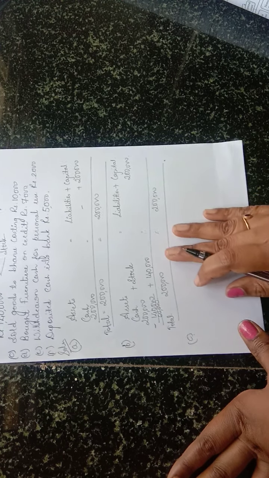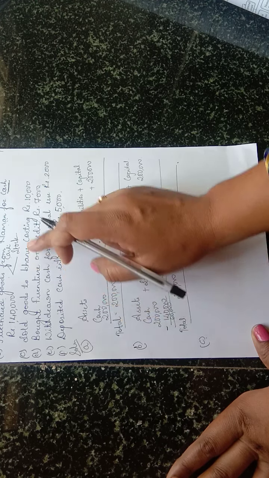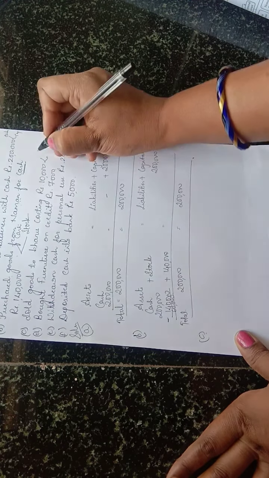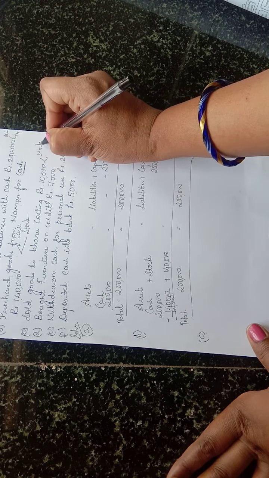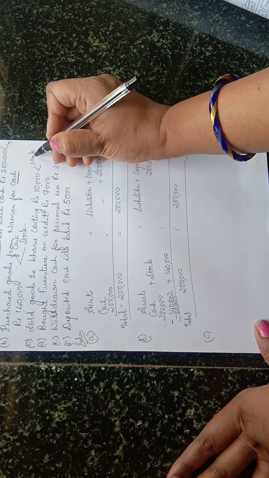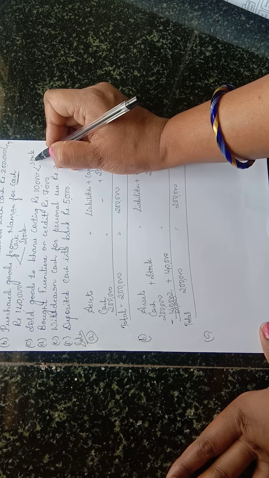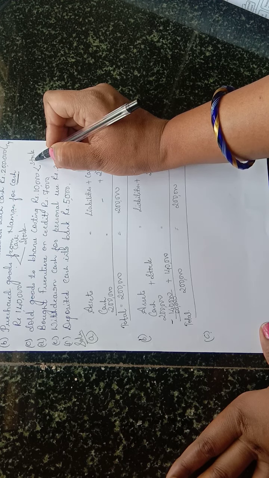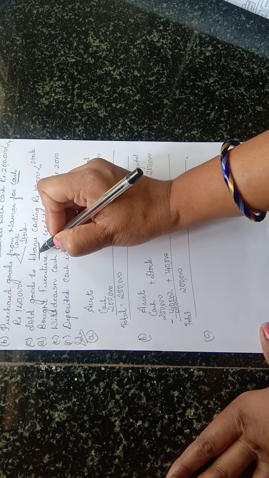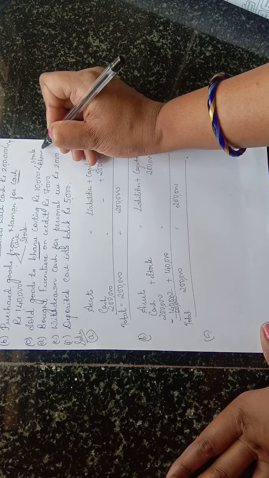Third one, read the transaction. Sold goods to Bhanu costing rupees 10,000. Now here sold goods to Bhanu. When goods are purchased or sold, which account will come? Stock account. When purchase is there, your stock balance is increasing. When sale is there, your stock balance is decreasing. Increasing means plus and decreasing means minus. Now here they have not told whether you sold for cash or credit, but here name of the creditor is given, so that time you have to assume that it is credit sales. So name of person will come, Bhanu.